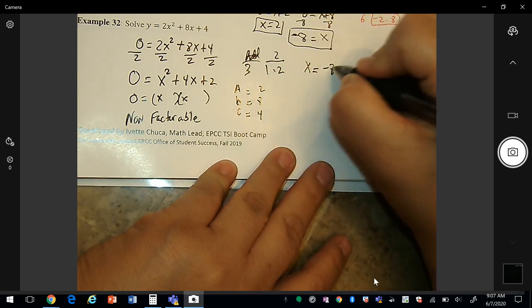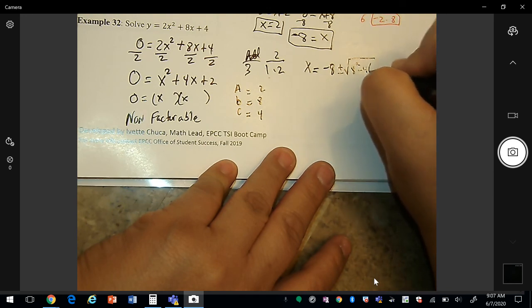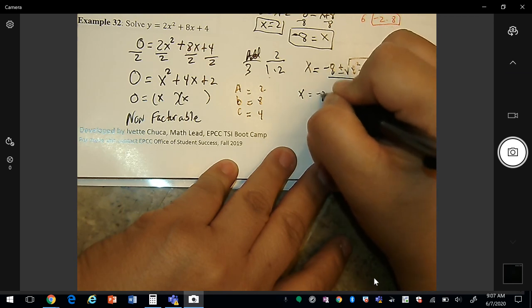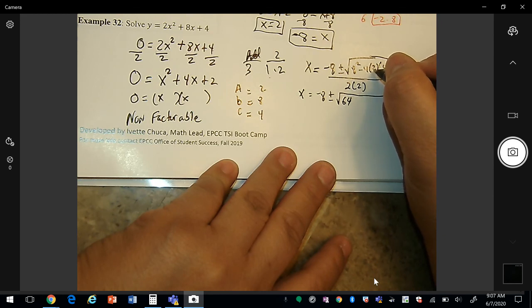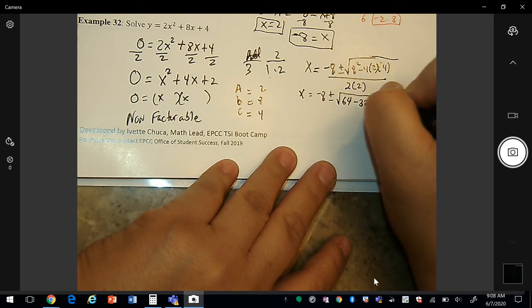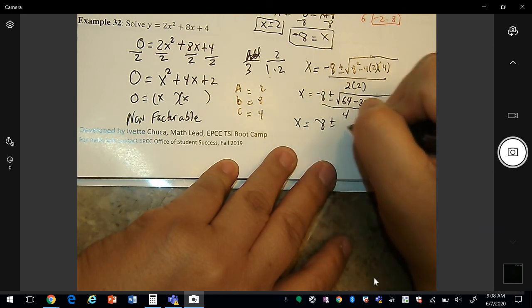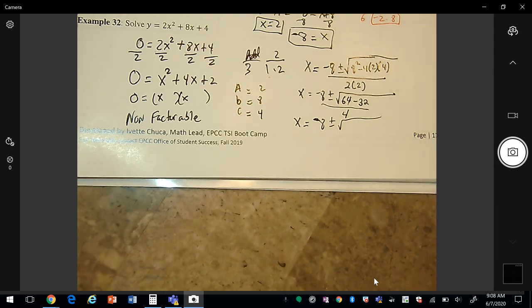So negative b is negative 8, plus or minus the square root of 8 squared minus 4 times a times c, divided by 2 times a. 8 squared is 64. 4 times 2 is 8, times 4 is 32. 2 times 2 is 4. 64 minus 32 is 32,